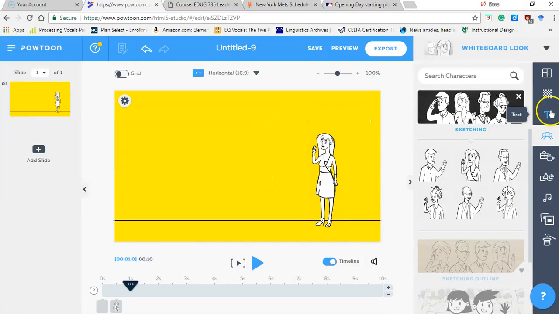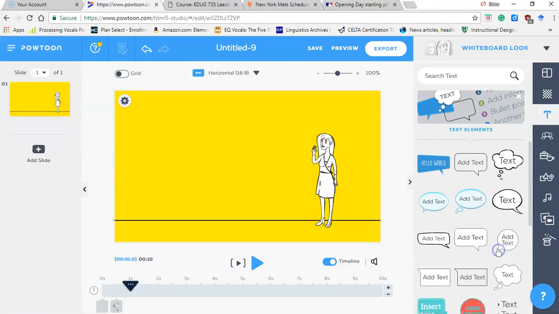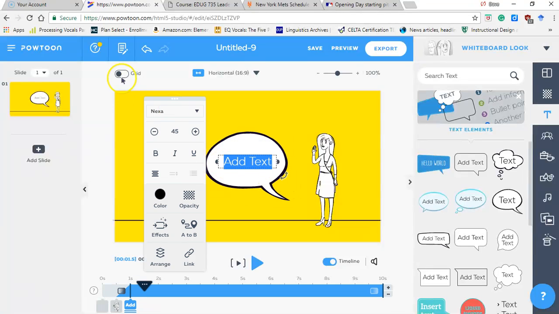So I'm going to go to texts, and you can make texts just bare on your own. You have different options, but I want to use a text element, like a speech bubble, and it gives you all sorts of ones. I'm going to click this one. And what's great about this is it comes with its own text box, so you don't have to add anything into it. So what I'm going to do is I'm going to double click on that,